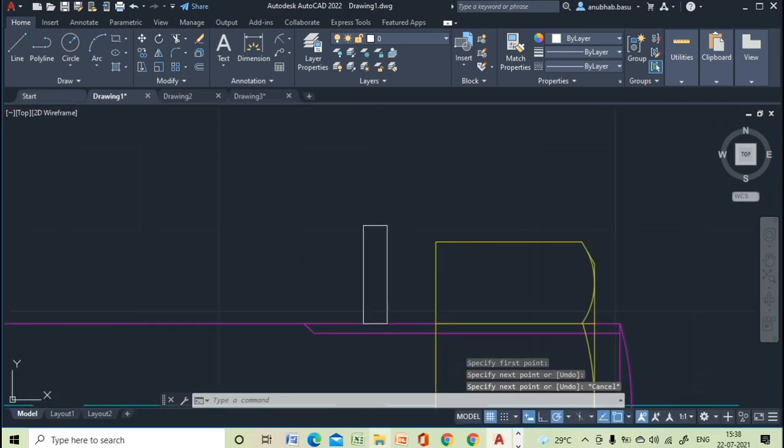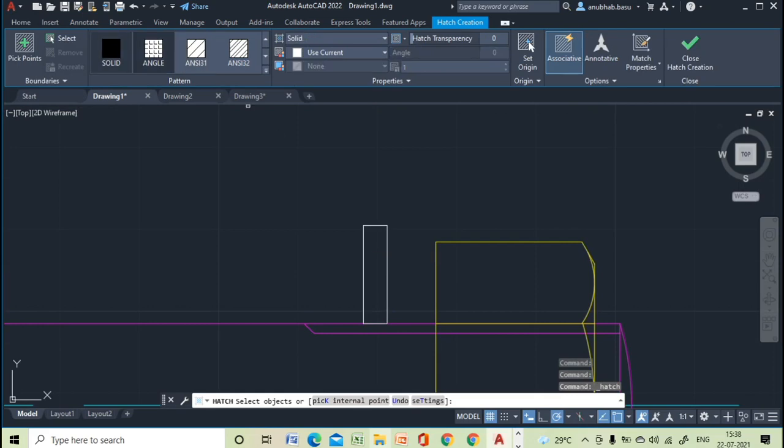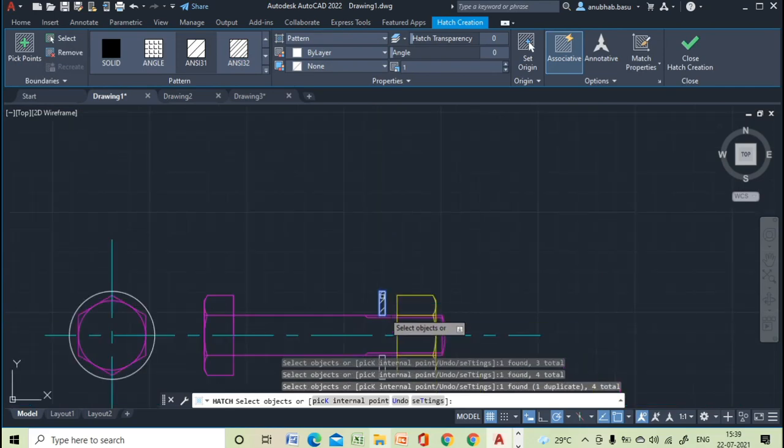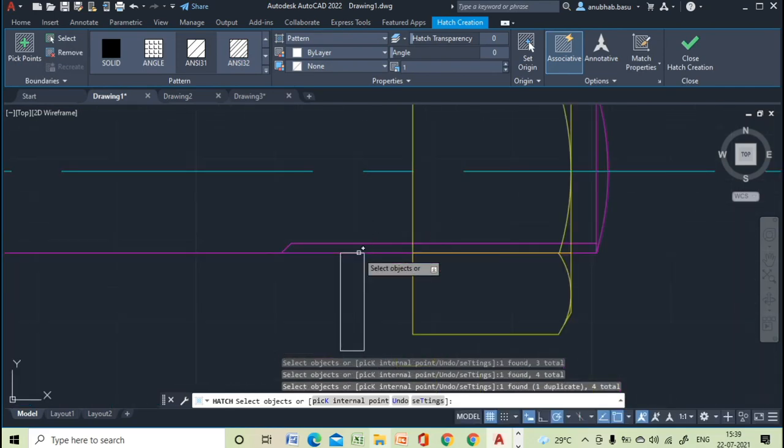Now we can make the hatch lines. Similarly we will do it in the lower portion also.